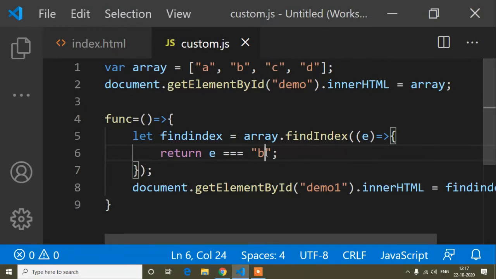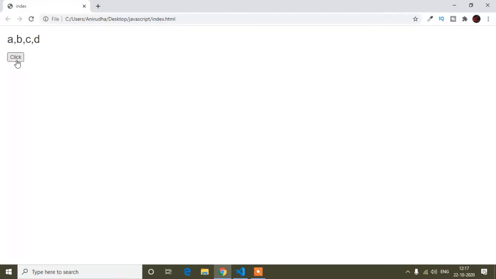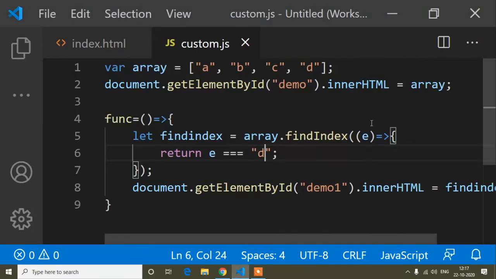So first of all it's showing the ABCD, and now if I click, B's position is 1, and if I write D, refresh, and D's position is 3.